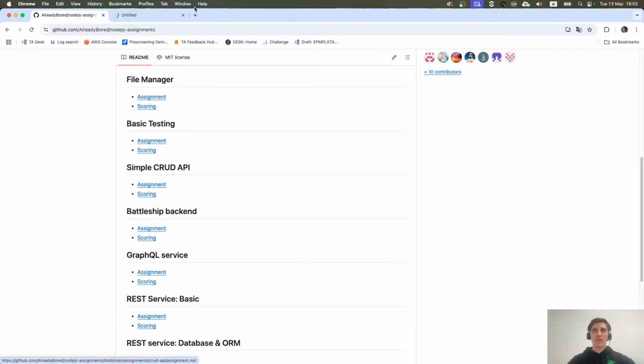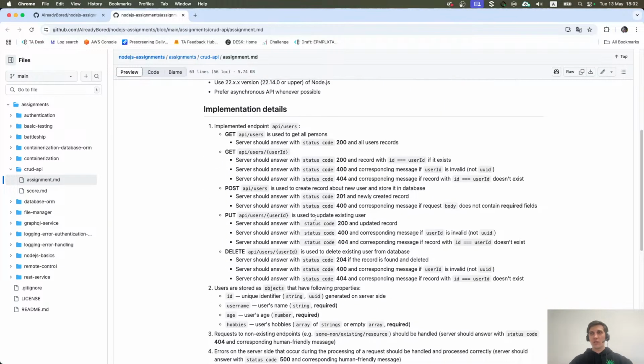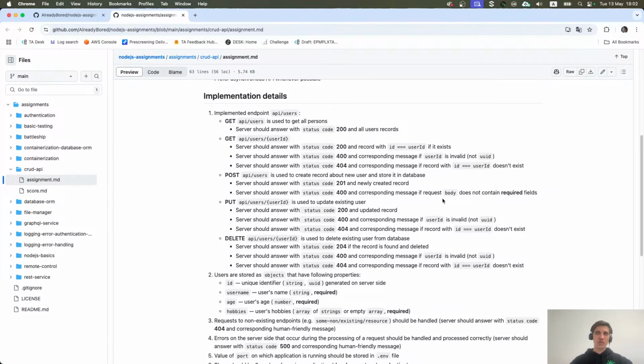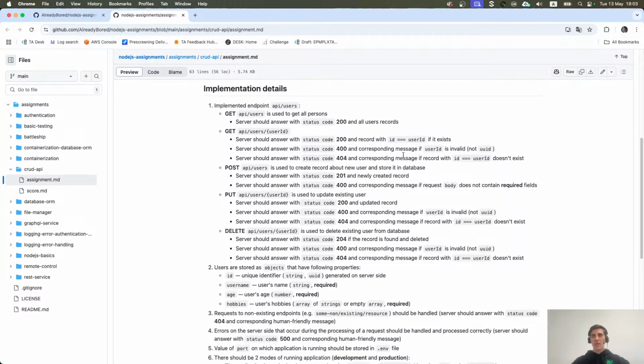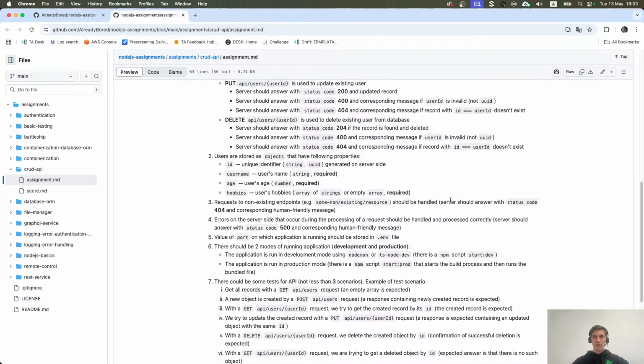Just as always, I will quickly remind you of the assignment requirements. So you had to implement a CRUD API. CRUD stands for create, read, update, delete, standard actions that you can perform on your backend. And you had to implement this API using pure Node.js. Plus, if you want to, you could use TypeScript. So you had to implement support for GET requests for all users, for a specific user, for creation of a new user, for update of an existing user, and for user deletion. Besides that,